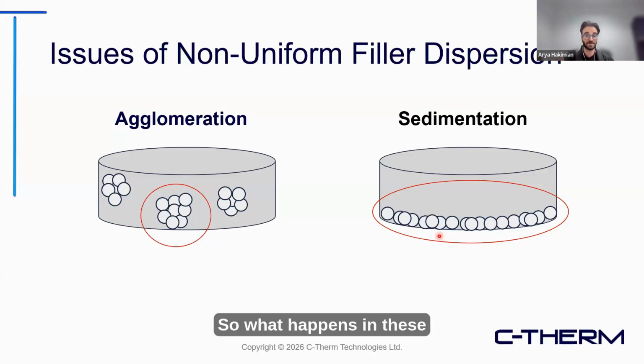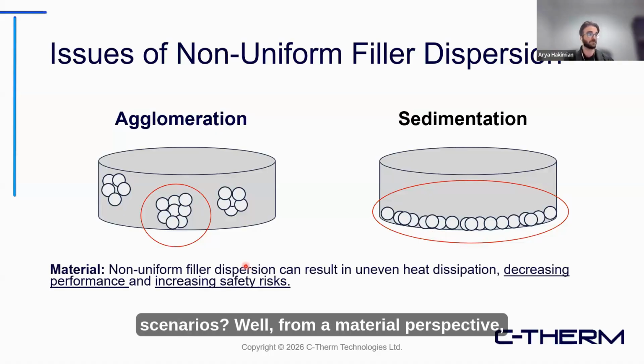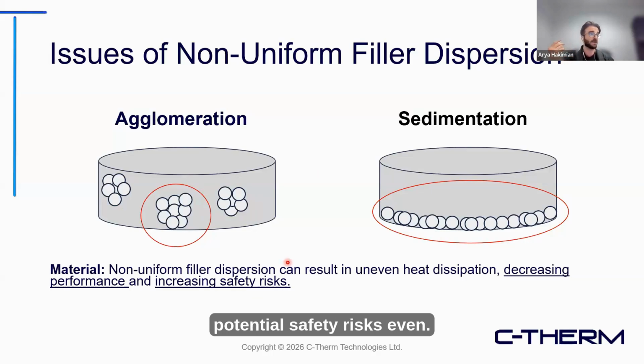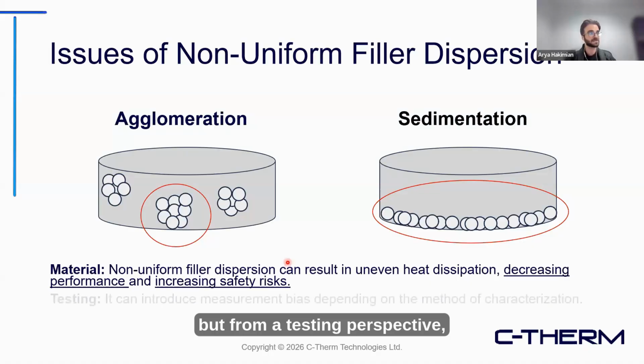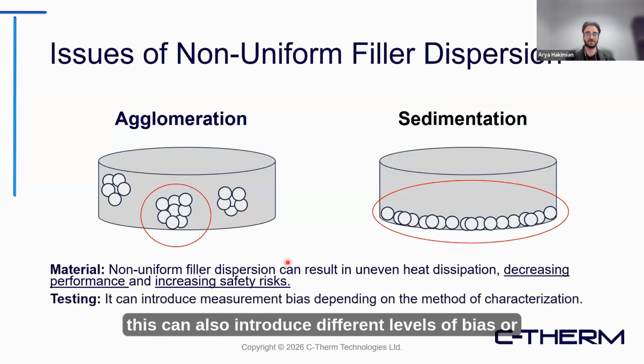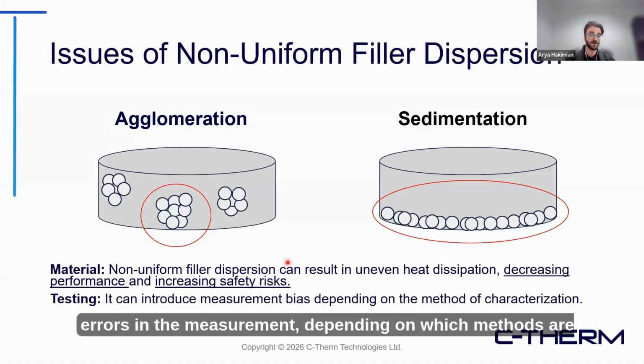So what happens in these scenarios? Well, from a material perspective, this type of non-uniformity will result in overall decreases in performance, potential safety risks even. So it's something from a manufacturing side that we want to mitigate. But from a testing perspective, this can also introduce different levels of bias or errors in the measurement depending on